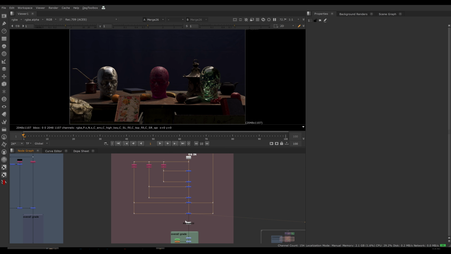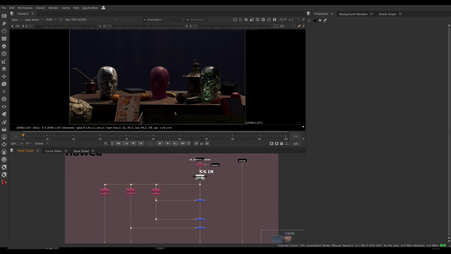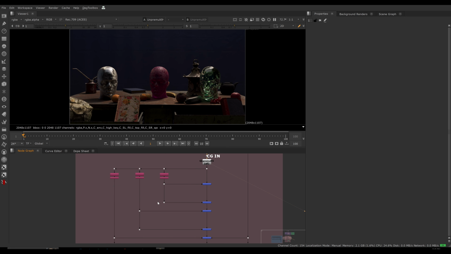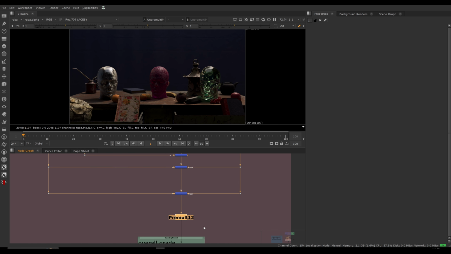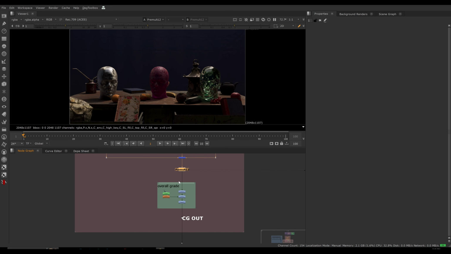Down below this, we then have a premult. So on the surface of things, that kind of looks correct. We are unpremultiplying up here. Then we're doing all our grading in an unpremultiplied state. And then we're premulting down here. The only thing, though, is that the next issue is that this is actually not correct, because there is in